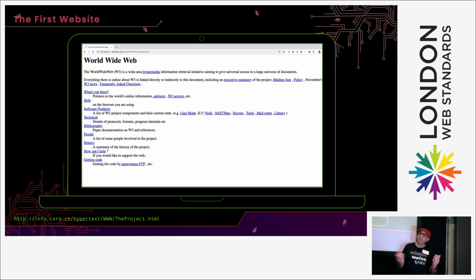Anyway, the first web browser was called the World Wide Web. But it only worked on a NeXT computer, which was the computer that was built in educational establishments.